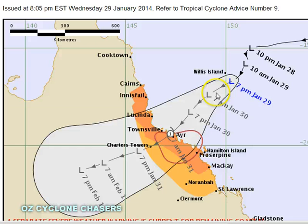So you can see the Bureau of Meteorology's updated forecast track for this system is suggesting that the system will now cross just to the east or southeast of Townsville, between Townsville and Ayr. So they have taken basically everything I've shown you on the European and assumed it to be true, with this forecast track guidance. So we see that the tropical cyclone ends up making landfall somewhere between Townsville and Ayr, which is exactly what